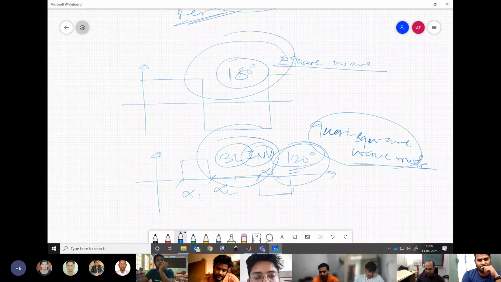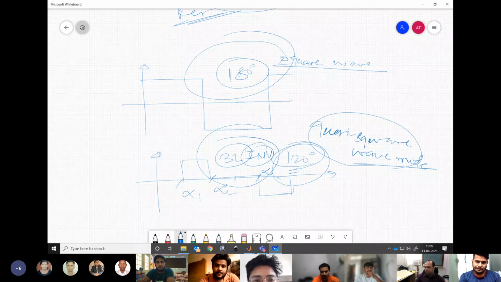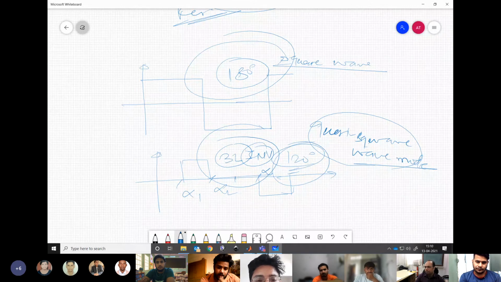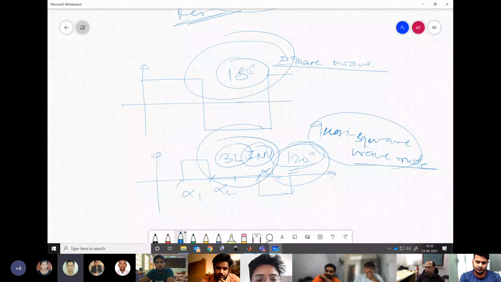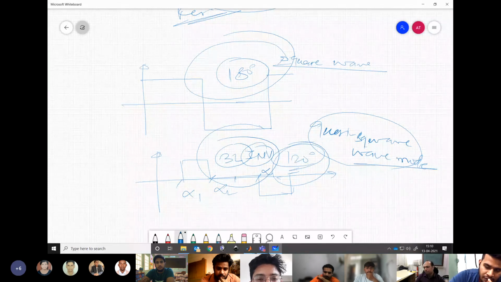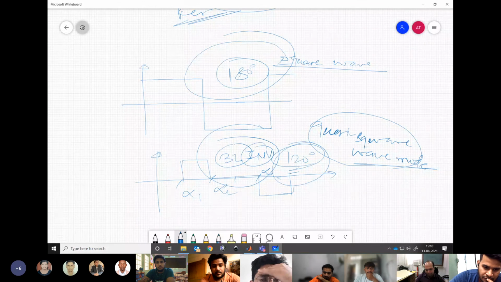Now you tell me which one is better. Can you not tell now? Anybody, which one is better now? 180 degree or 120 degree? 120 degree. Why? Sir, 180 degree. Why? Sir, because in 180 degree we get the sine wave, means fundamental. Here also we will get sine wave fundamental. But